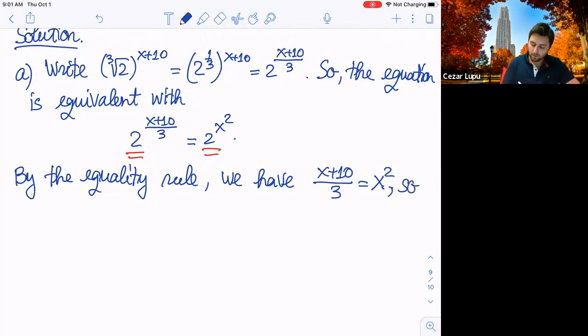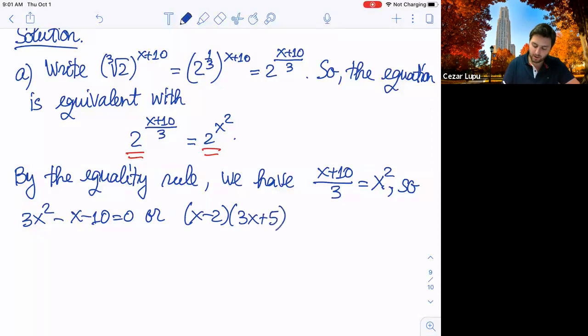So 3x squared is the same as x plus 10, or 3x squared minus x minus 10 equals 0. Well, we can solve it using the quadratic formula, but I'm lazy in doing that, so we'll just factor this. This will be (x minus 2) times (3x plus 5), I think, equals 0. The solutions for this